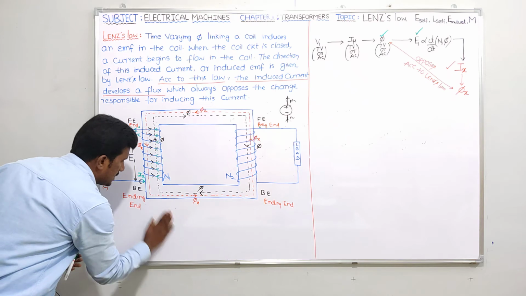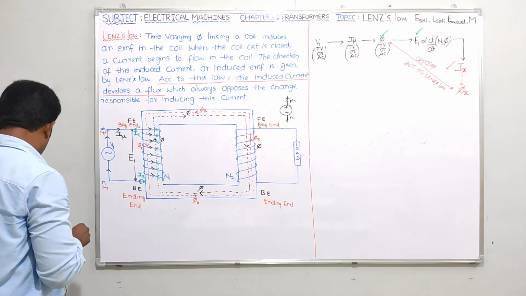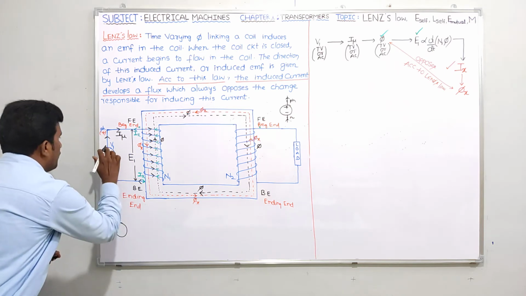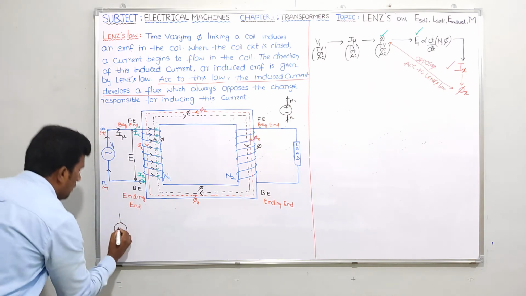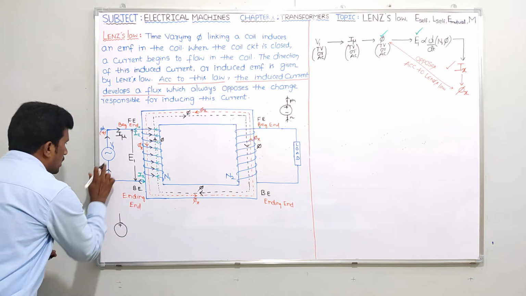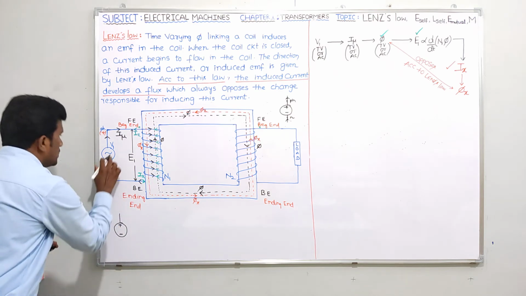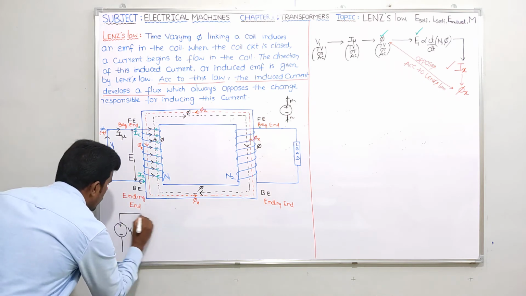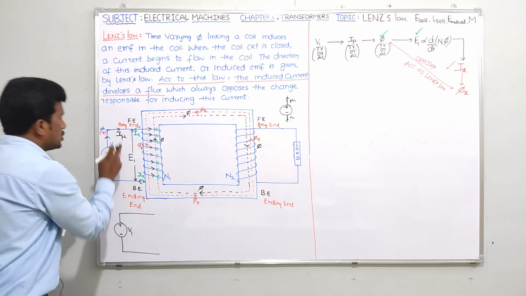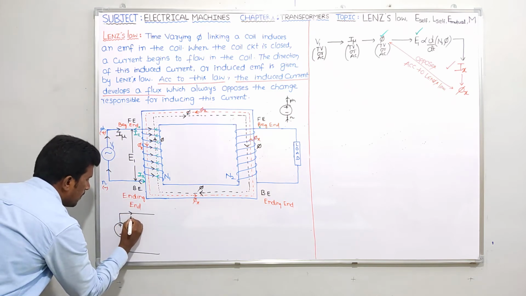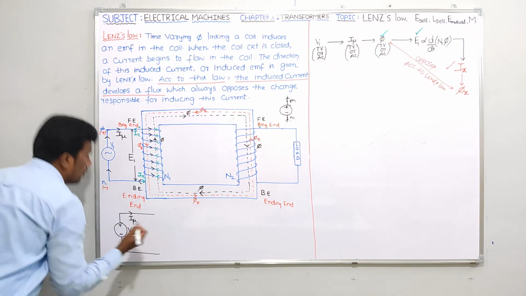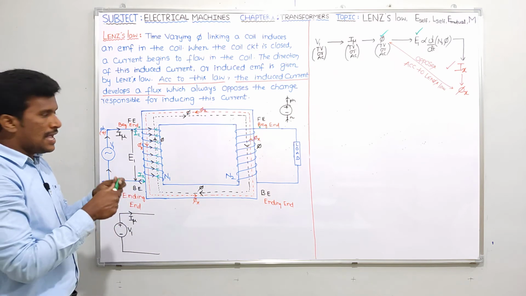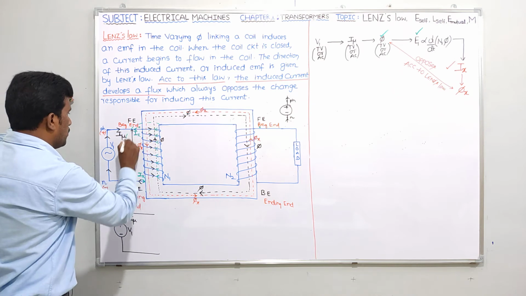Whatever we discussed here, the same thing I am drawing once again here. See, this is what? This phase, plus, and neutral, nothing but minus. What is this voltage? V1. Yes. Next. What is the direction of I mu here? It should be like this. Now please, this entire portion I am asking about, please be careful, guys. I am asking about this entire portion.